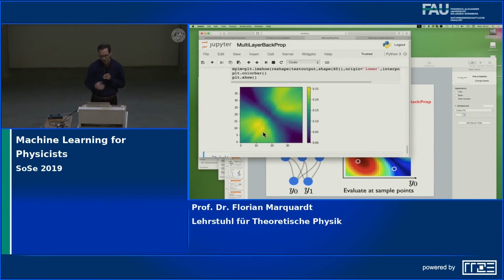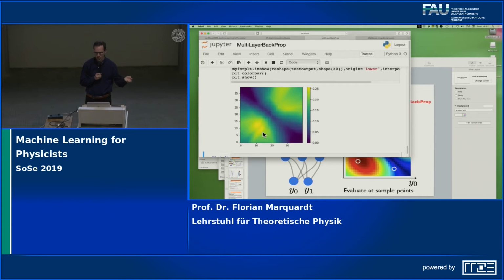Yes, in principle, the cost function could become 0. That will depend on the exact function you want to train on, of course, and the exact structure of the neural network, and also the nonlinear function that you chose for the neural network. But sure, I mean, I could just